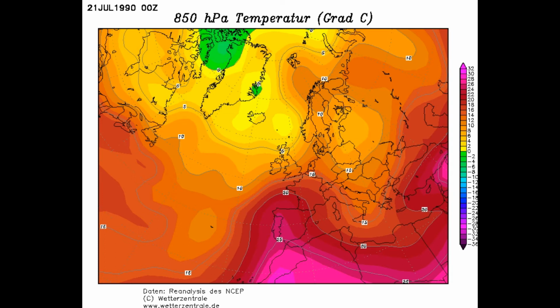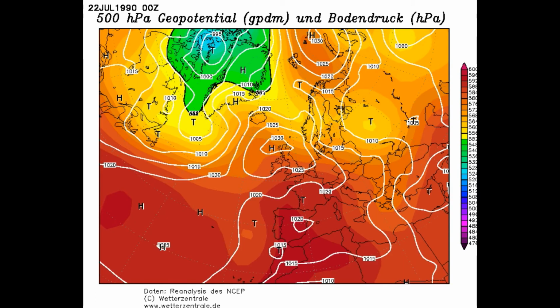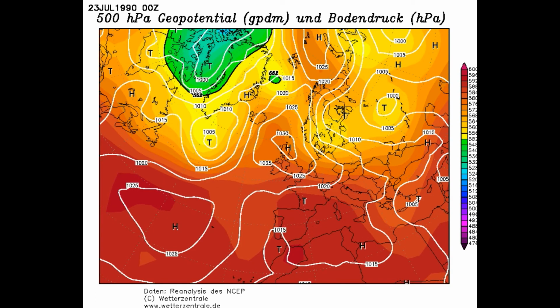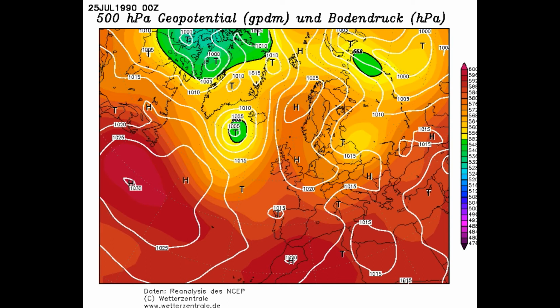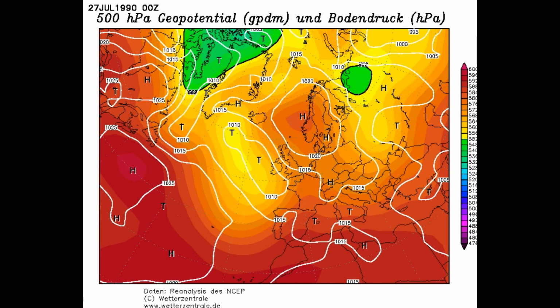And as we move through into the 22nd and the 23rd of July, that high pressure, as I said, just sat around the country again. So more warm, dry, pleasantly fine summer weather on offer. Through the 24th and the 25th, we tried to get a bit of a breakdown through the 26th and the 27th of July. You see low pressure does come up against that trough, and I'd imagine, again, that probably produced quite a few thunderstorms.